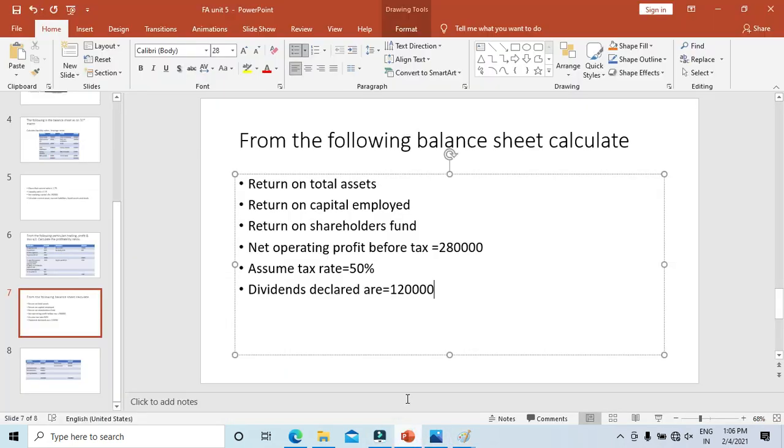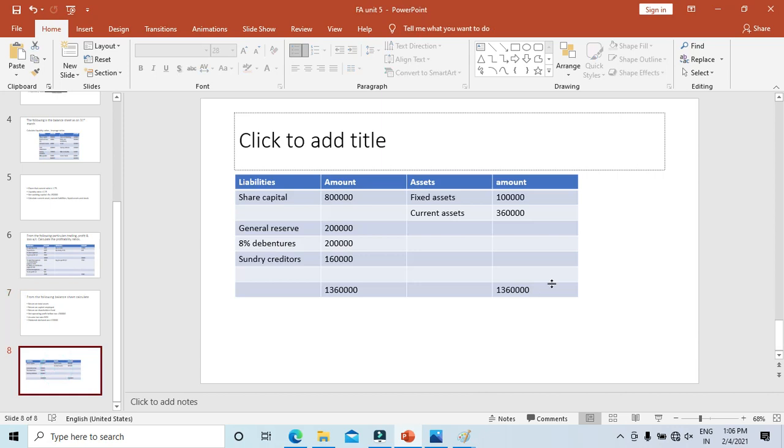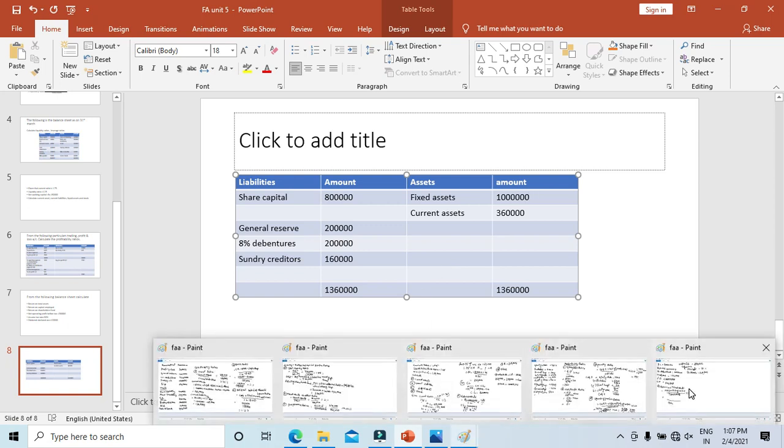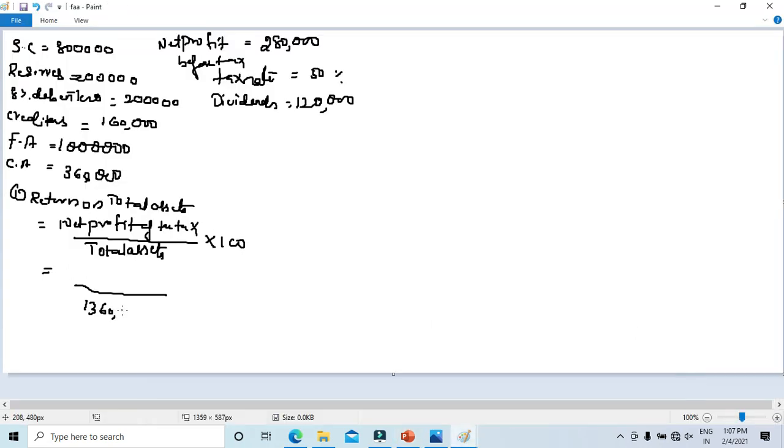So what we have in our question is share capital. We are going to take equity and preference, 8 lakhs, plus profit and loss. It's not given. Any reserves? Yes, reserves have been given, 2 lakhs. Plus if at all any debentures are given, yes, 2 lakhs. Any long-term loans, that is debenture itself, no fictitious assets. So we are just going to add all of them. It is 12 lakhs.